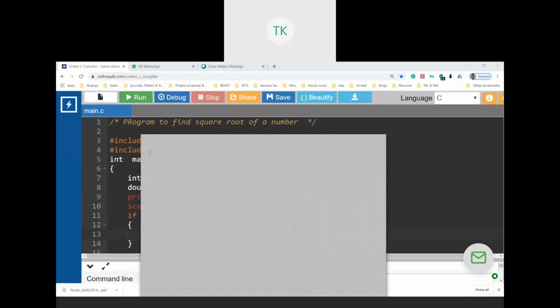Any answers, guys? Please answer me. How do you find out the square root of a given number?